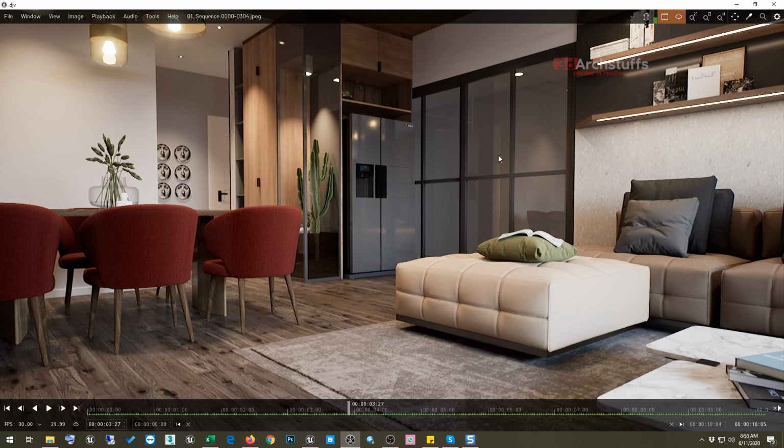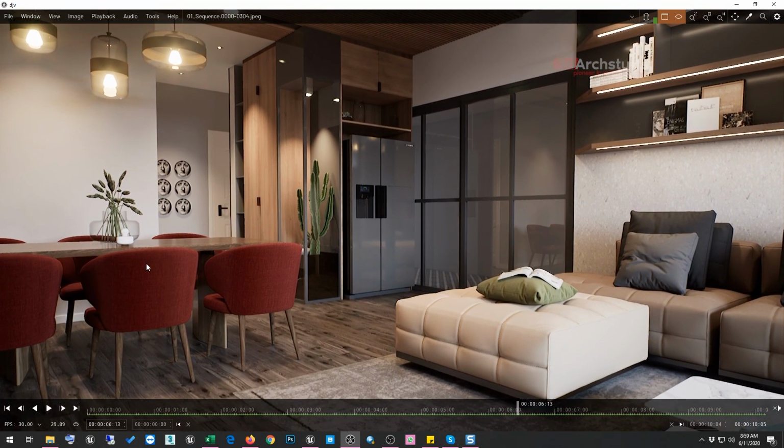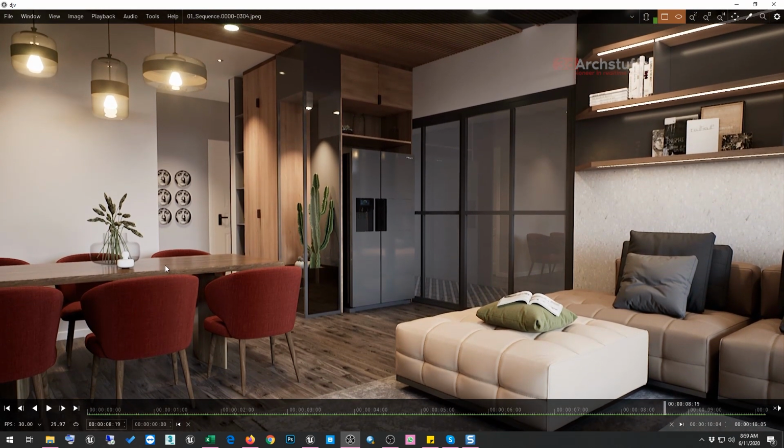And you can see this reflection in this glass, so accurate and so awesome, looking very realistic, and all those reflections also look very realistic. You can also see this reflection on this dining table, very accurate now and with no noise at all.